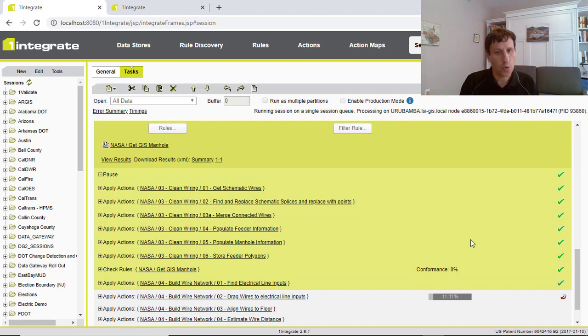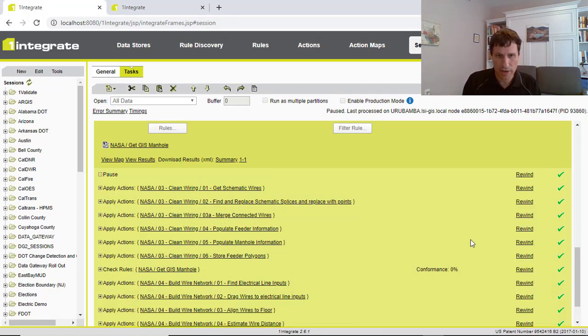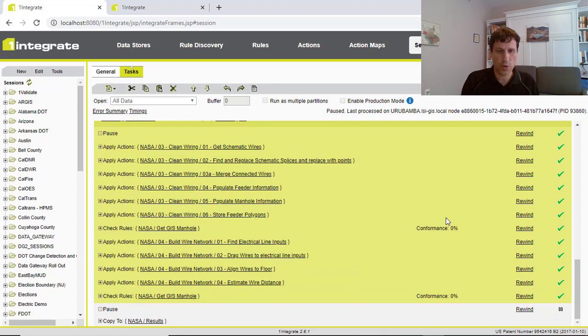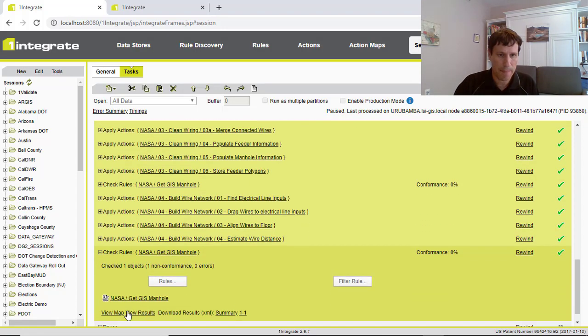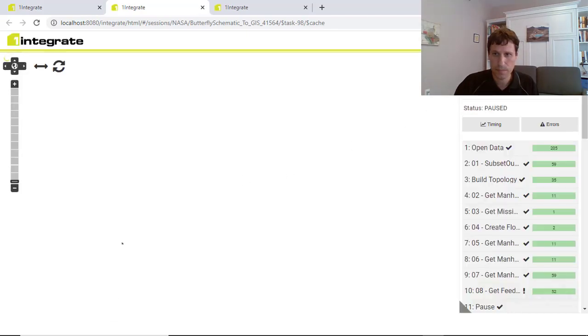Then we're going to pull out all of the wiring information. We're going to connect those wires. We're going to populate the feeder information onto the wires, and then we're going to actually connect the wires to the electrical lines in the GIS, and finally estimate the actual wire distance that it's going to move. So if we come back and take a look now at my map inside of OneIntegrate,